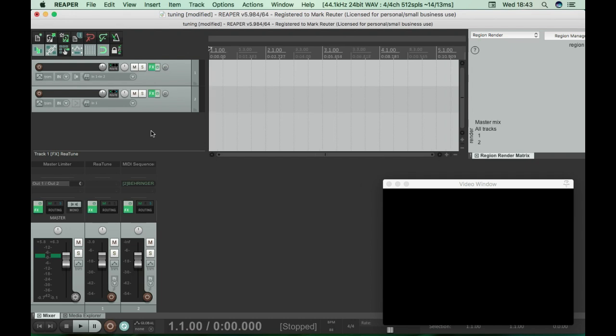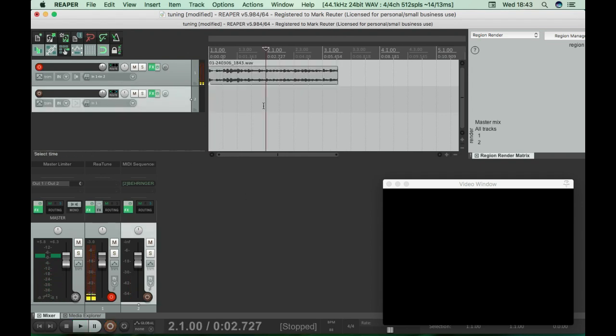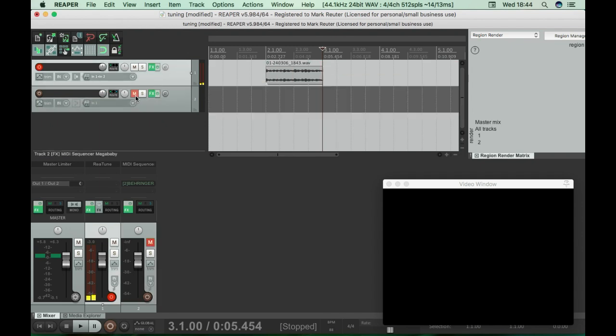And obviously, we could arm a track, and we could record that in. There we go. Happy days. We could have a nice little loop on the go there. Mute that. Oh, you won't be able to hear this because it'll mess up with my microphone. But there we go. So nice little recording of the PolyD into Reaper, sending to